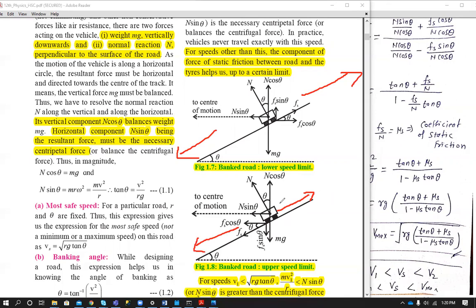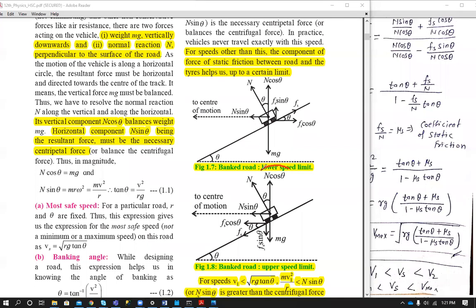In all other parts it's the same, and in this case the speed is more than the maximum safety speed. So the centrifugal force acting on the vehicle will be more. These two are different regarding frictional force, and as the speed is greater, the centrifugal force acting on the vehicle will be more, and otherwise all parts are the same. So in this scenario, who balances whom? You can see that in this diagram.